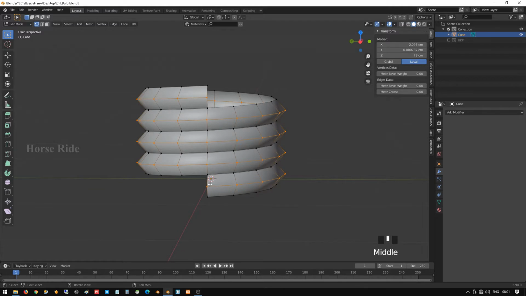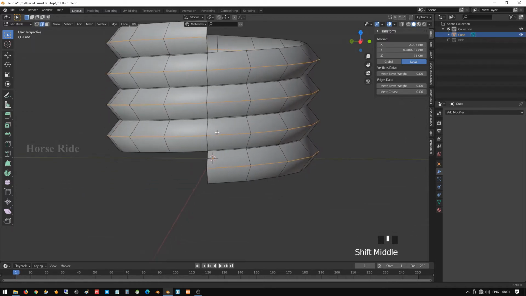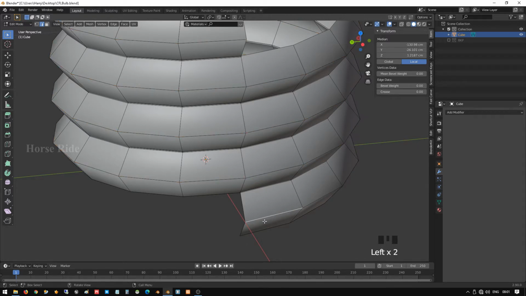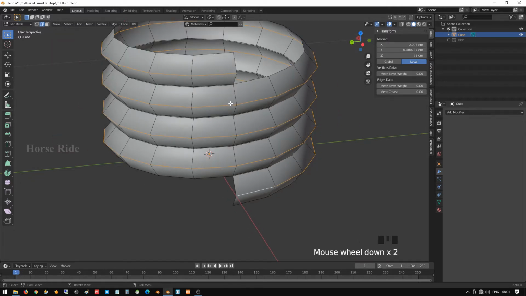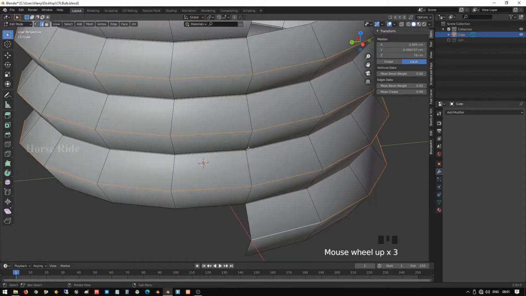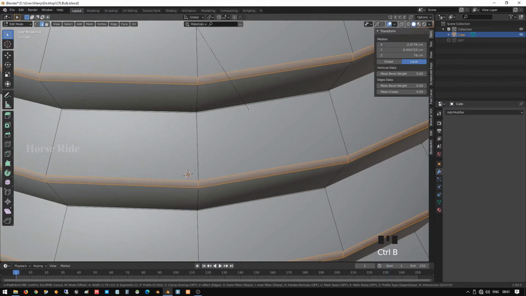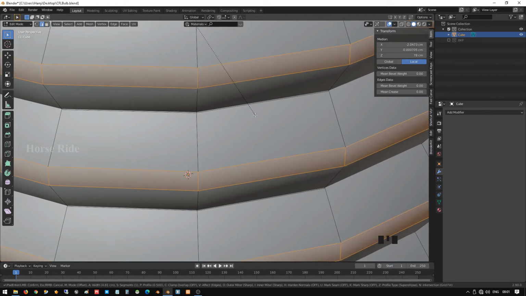Go to object mode, press 2 on the keyboard, which will switch to edge selection, and by default it's selected. In case it's not selected, select these edges using the Alt key and it will select all the edge loops. Okay, after that press Control B to bevel the object.